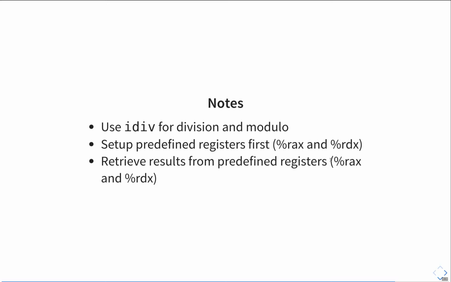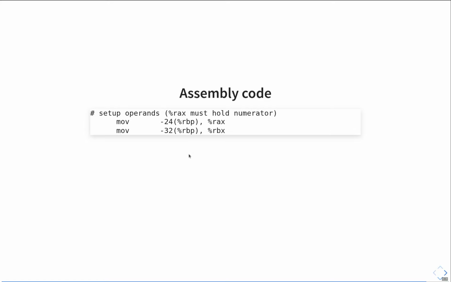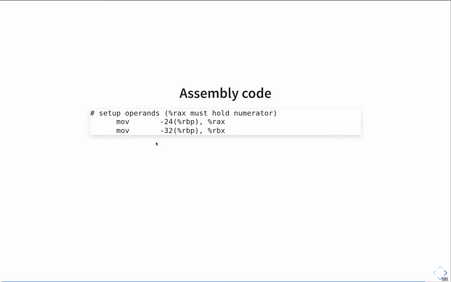So if we're doing division, we'll want to use RAX. If we're doing remainder, we want to extract the value from RDX. And just as an example, a equals 9, b equals 5, x equals a divided by b. The assembly code would be to move the value from a, we're dividing a, right? Yep, so move the value of a into RAX, move the value from b into RBX,